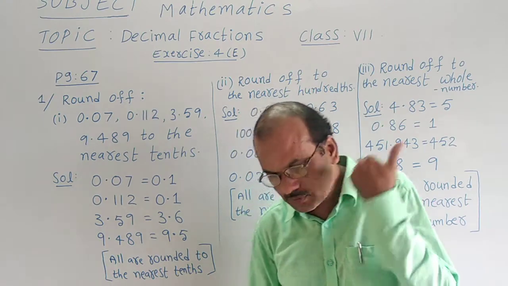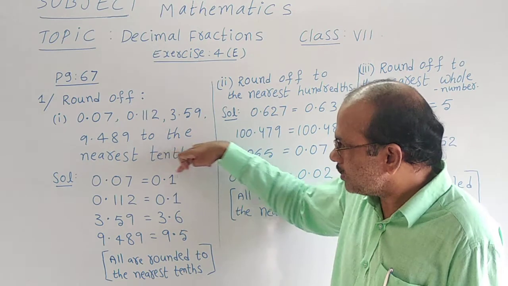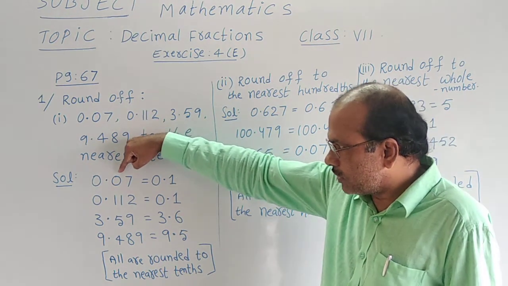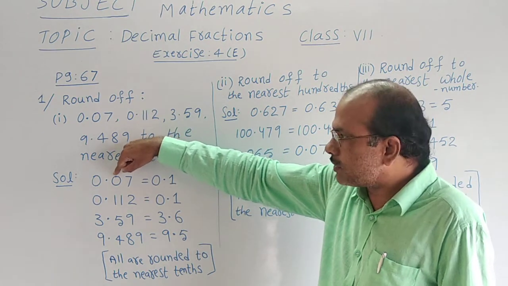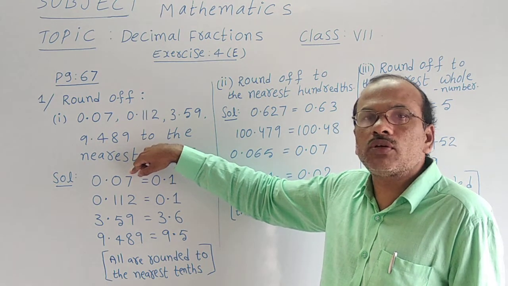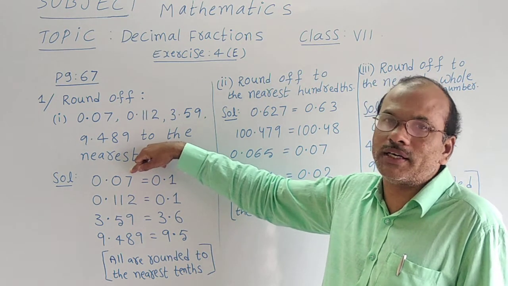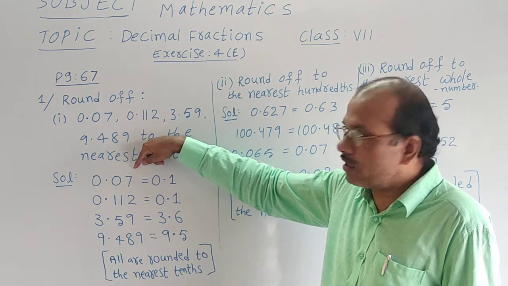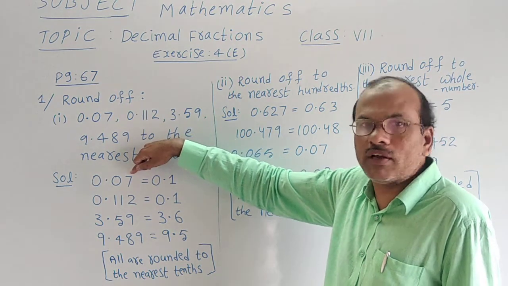Okay, now coming to the part. Now 0.07 is equal to 0. That 0 point I have written here. Only up to this place I have to write now. That is 0 actually. After the 0, what is there? 7. Whether this digit is equal to 5, more than 5 or less than 5, we have to identify. Here is the digit equal to 5, more than 5 or less than 5? We have to check. It is more than 5, no?